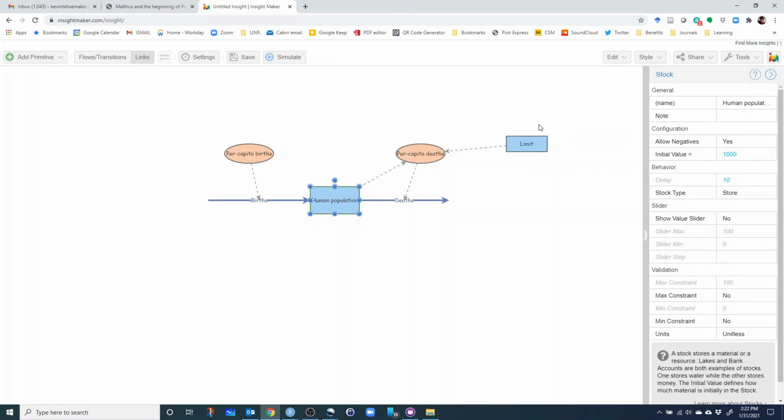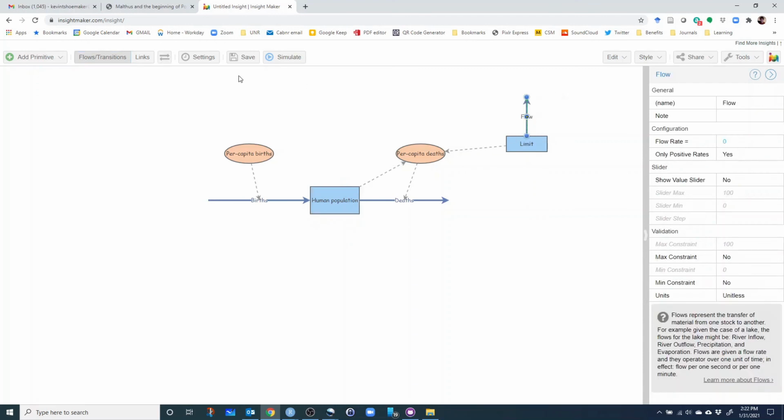We can do that by adding a flow in to this limit. It doesn't matter how we draw the flow, but we do have to make sure we reverse this direction so it's an inflow, so that the limit is increasing over time,